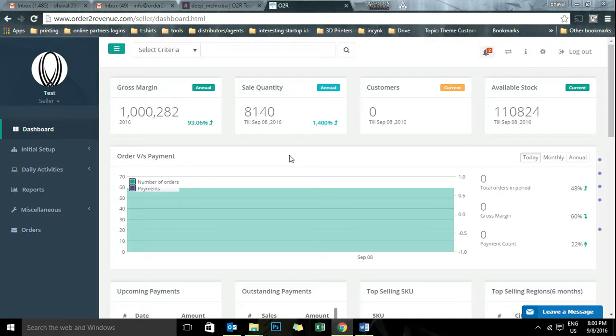Welcome to Order2Revenue. Let's look at how an O2R powered seller gets his complete business insights within a few minutes. By going right on his dashboard, he gets to know the complete gross margin and the net sale quantity for